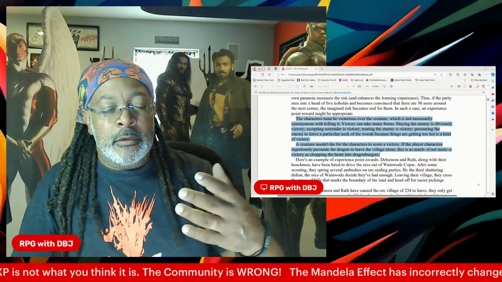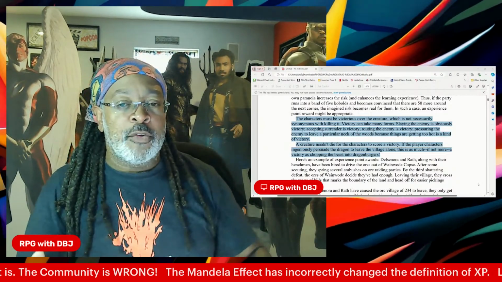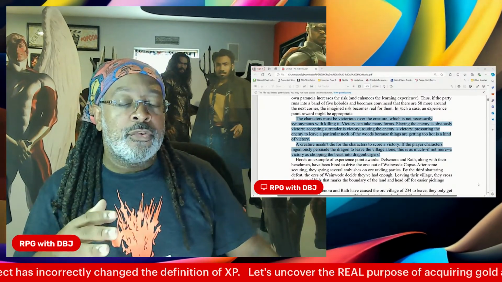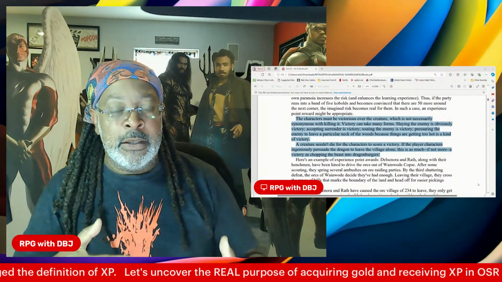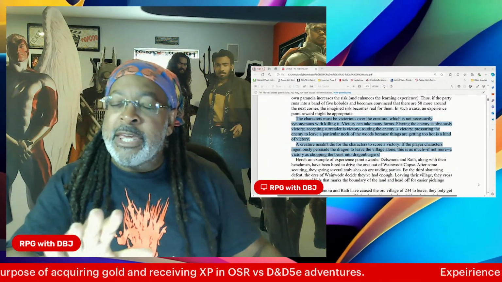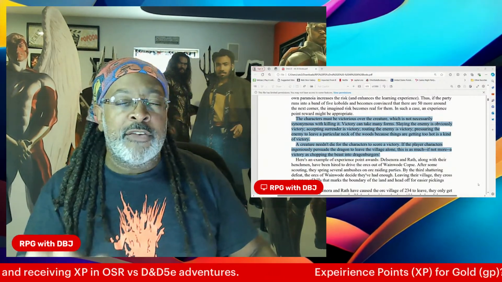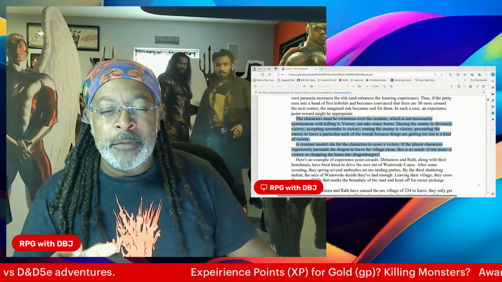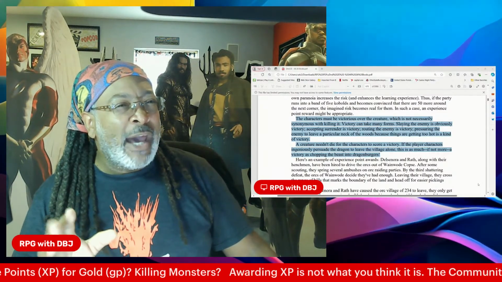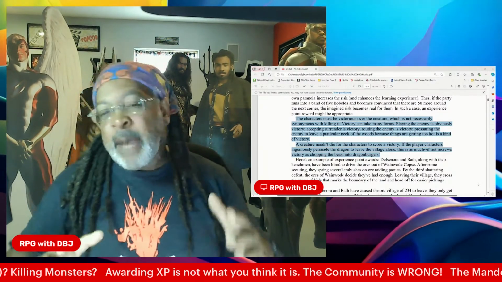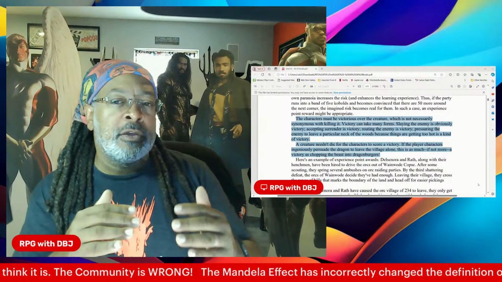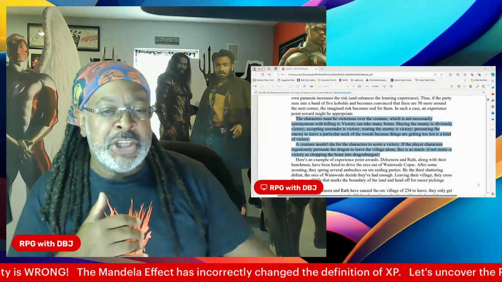So, the OSR, gold for experience points, greedy? Not necessarily. It was gathering valuables and value to return back to humanity so that in a goodly way, they were trying to expand. Now, mind you, we can get into it later. What we'll do this week is get into the argument of colonialism, because there is a bit of that. Like, wait a minute, why is humanity just good and goblinoids are just evil? And coming to terms with the OSR, please don't move my cheese.